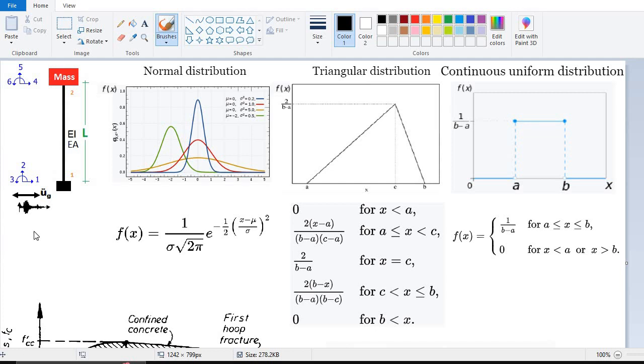You see in here we have one element with 6 degrees of freedom. At the top we applied the seismic acceleration, and at the top we have a mass,